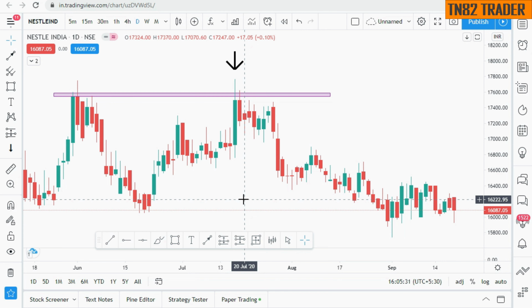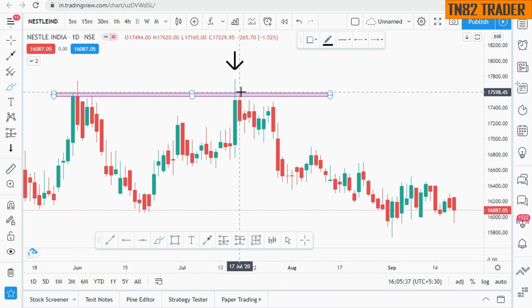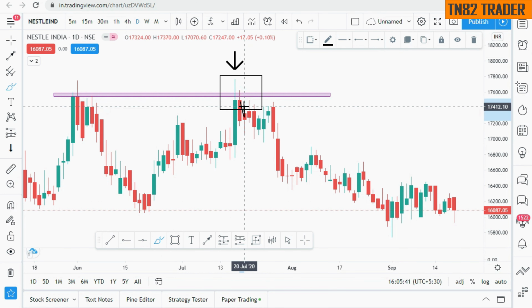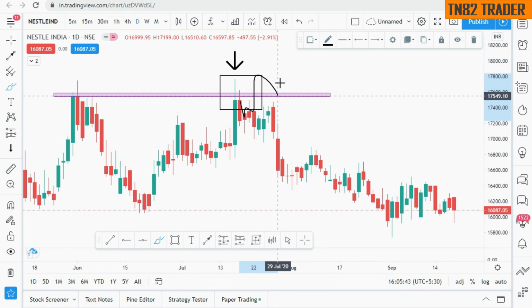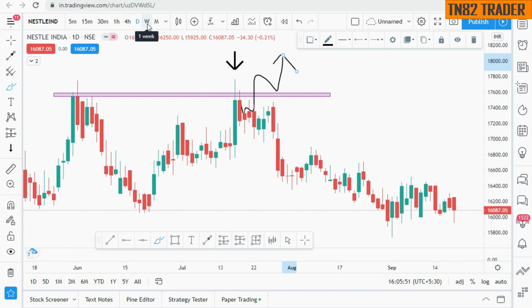So where do we take a position? We are not taking a position simply because we saw a long wick candle rejecting at the key level. Price can reject the key level and still break. So we go to a lower time frame, confirm the reversal, and take a position based on that. So let's look into another example.